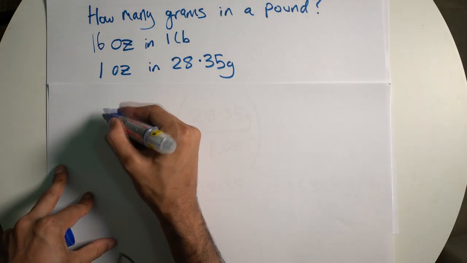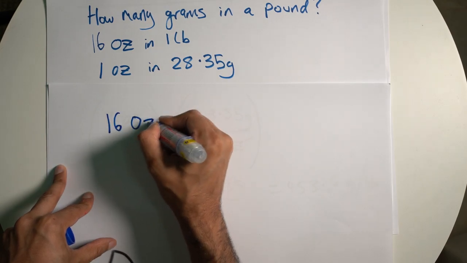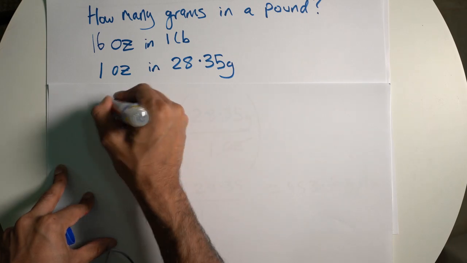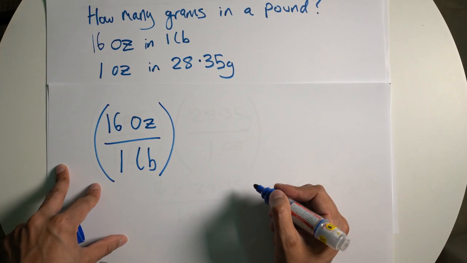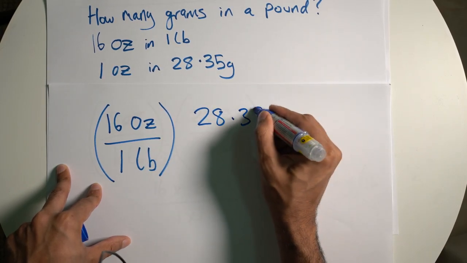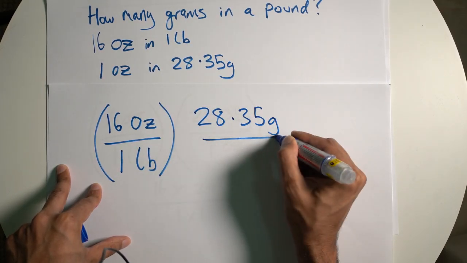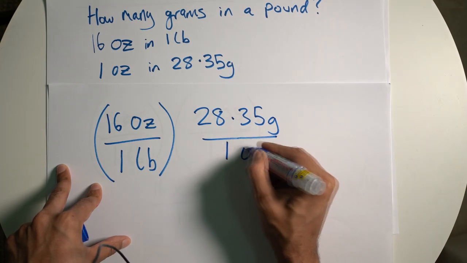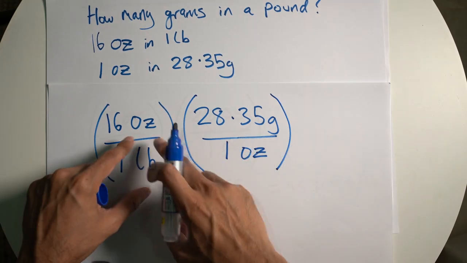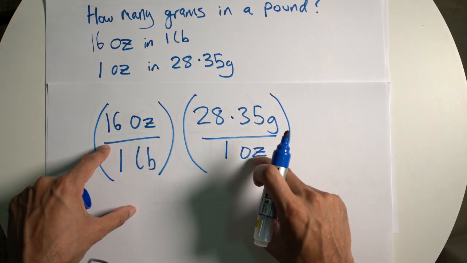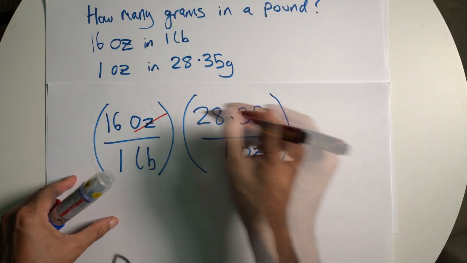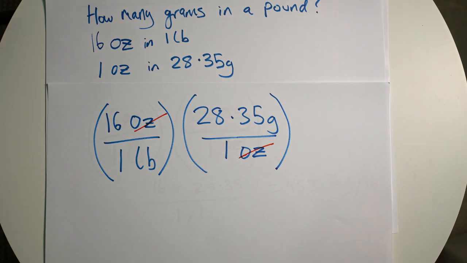We have 16 ounces in 1 lb. We want to put that in brackets. And on the other side, we have 28.35 grams in 1 OZ. We're going to multiply these out. And it's very important that you leave the units in there, and I'll show you why in a second. So this cancels that, so you end up with